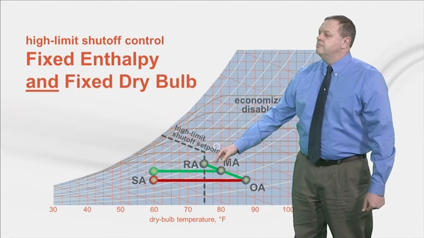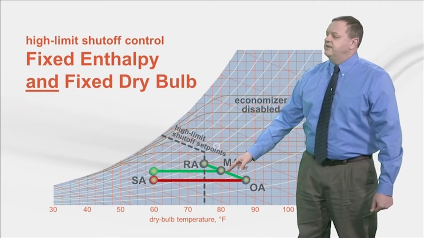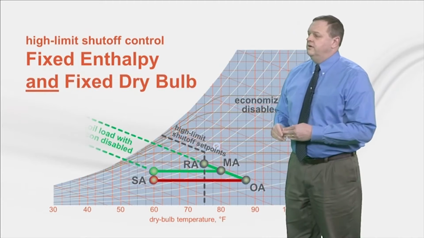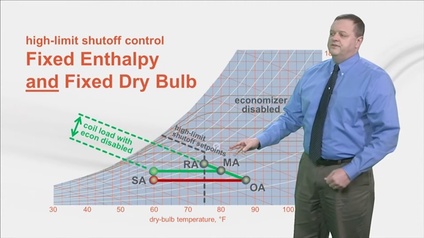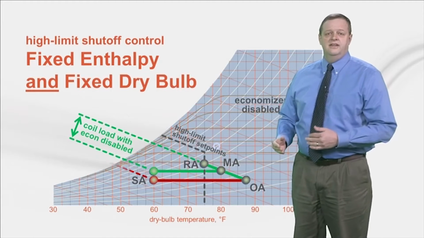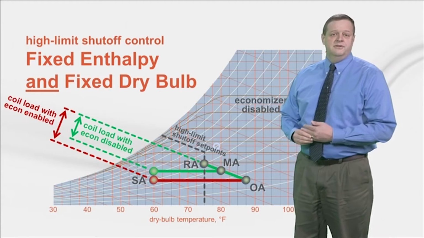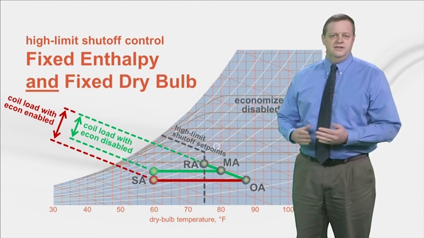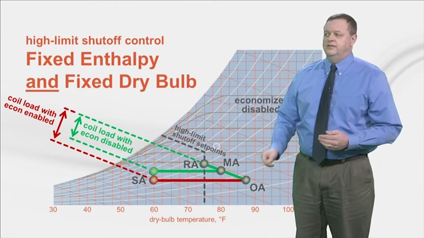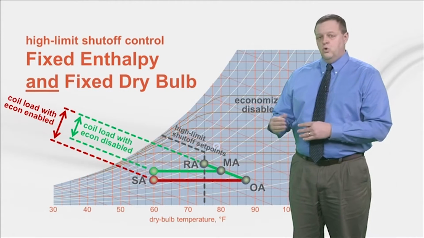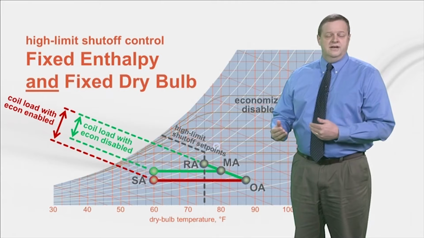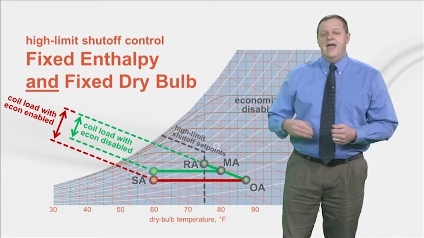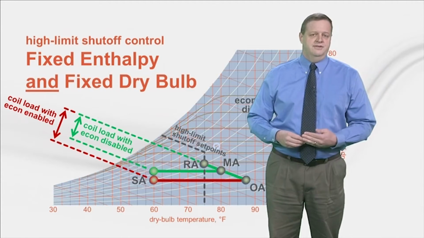So return air mixes with the minimum outdoor air, and then this mixed air passes through the cooling coil. But look at the difference in load on the coil. When the economizer is disabled, the enthalpy difference across the cooling coil is less than if the economizer were to be enabled. Now, because of the dry outdoor conditions, the cooling coil isn't dehumidifying. It's only removing sensible heat. So if the outdoor air is warmer than the return air, it might take more cooling tons to get the same supply air temperature. So the standard 90.1 committee added this dry bulb limit to fixed enthalpy economizer control to